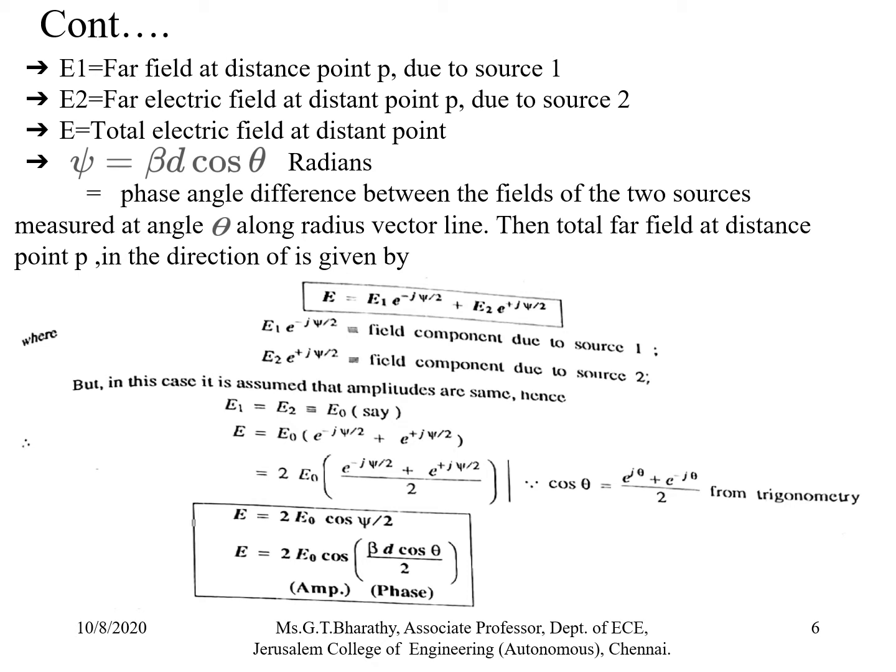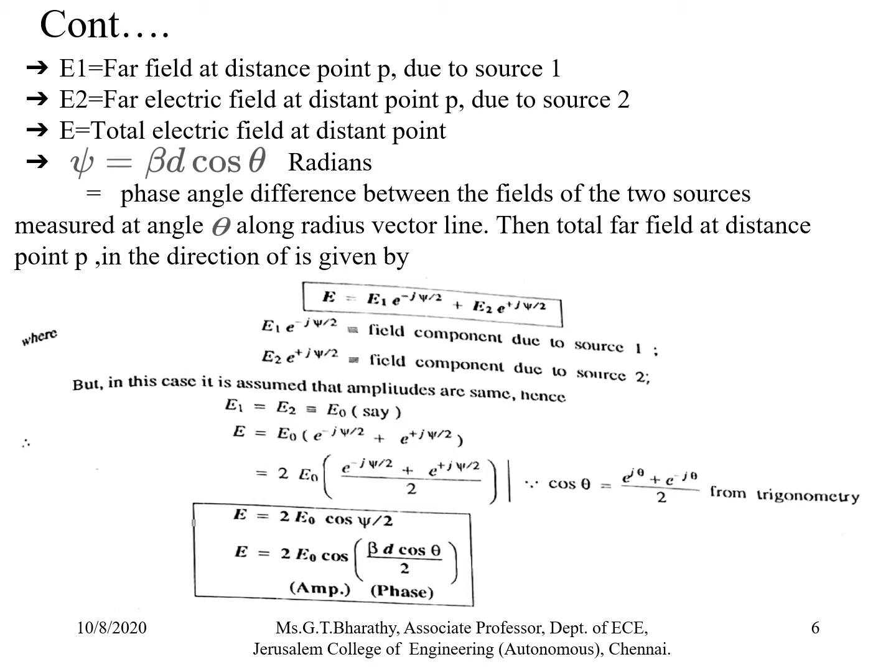Assuming that both the amplitudes are same, we can substitute E1 equals E2 equals a constant E0, and taking that E0 common outside, we get e power minus j psi by 2 plus e power plus j psi by 2, which becomes 2 into E0 times e power minus j psi by 2 plus e power j psi by 2, divided by 2. So multiplying and dividing by 2, we can represent the total field E in terms of cos psi by 2. So E is equal to 2 E0 cos psi by 2, substituting for psi as beta d cos theta,